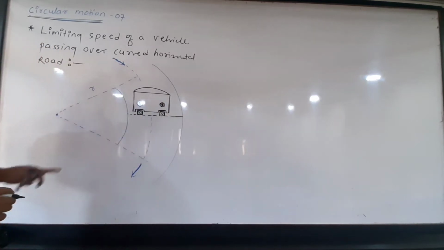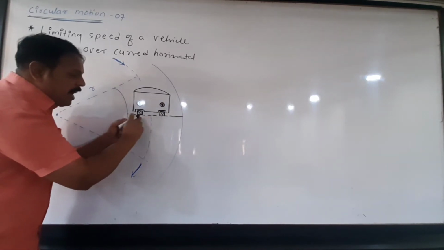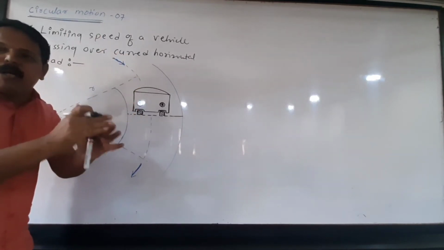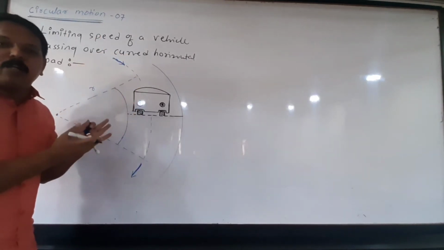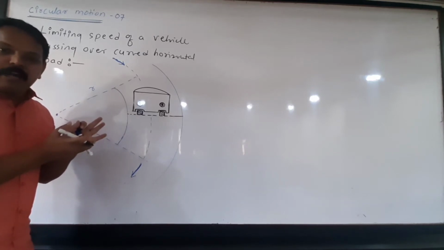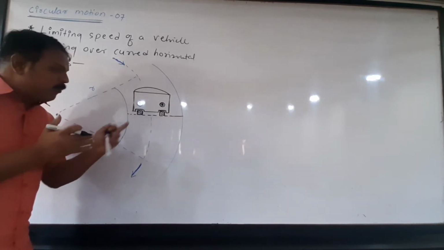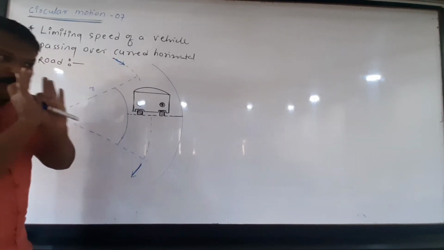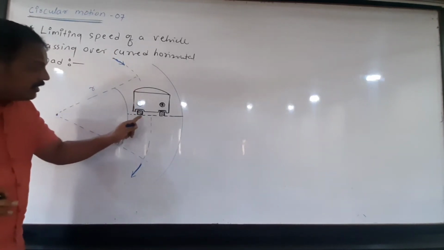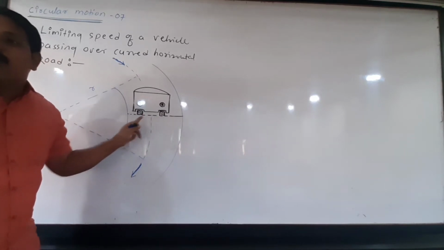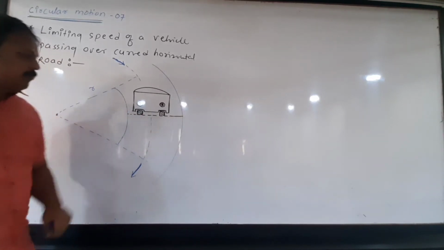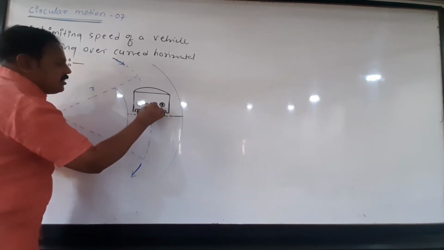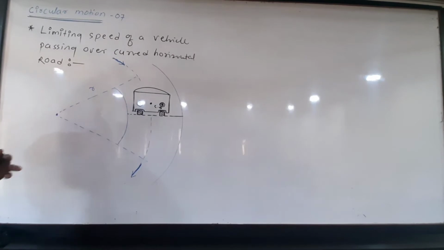See here, in the front view, these are the two tires. Tires appear as a rectangular section because we are observing from the front view. This is not the top view or side view. If we observe the vehicle from the side view, then tires appear circular. But we are observing from the front side. That's why these are the two tires from two sides. This is the center of gravity. This is the CG of the vehicle, center of gravity.